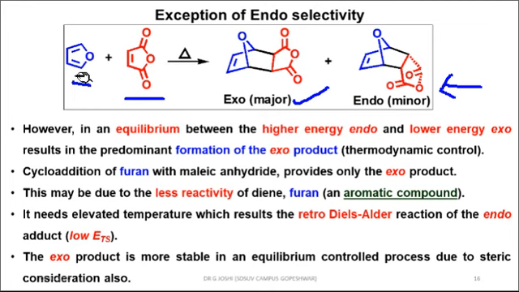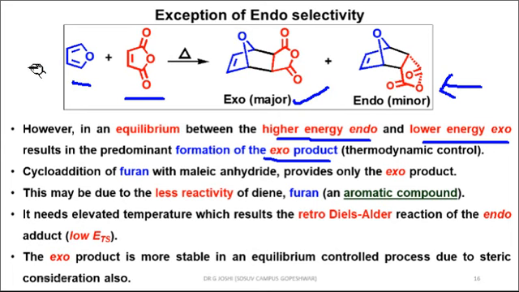That's why such a cycloaddition reaction requires high temperature, and since this reaction is an equilibrium process between the less stable endo and the more stable exo product, it results in the dominance of the exo product, that is thermodynamic control, because